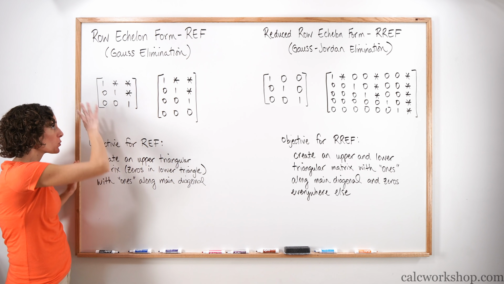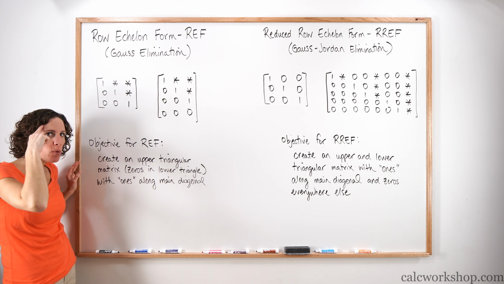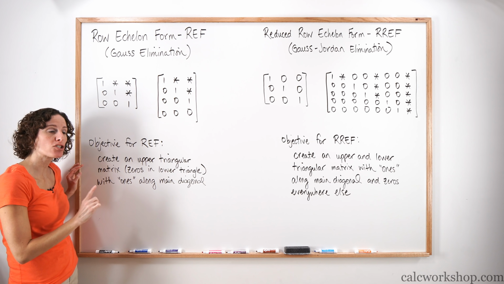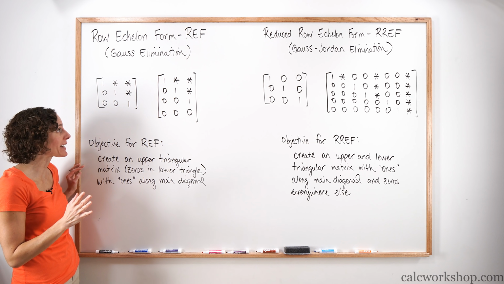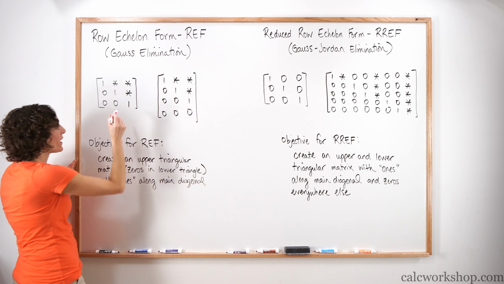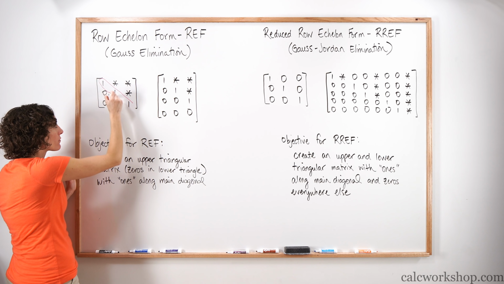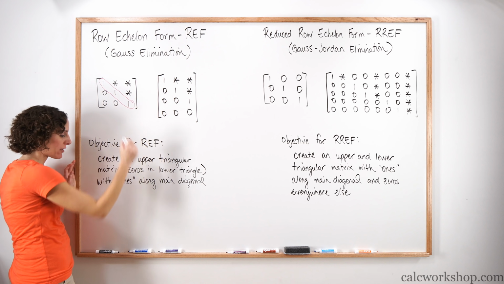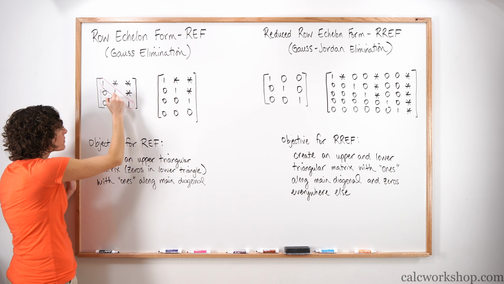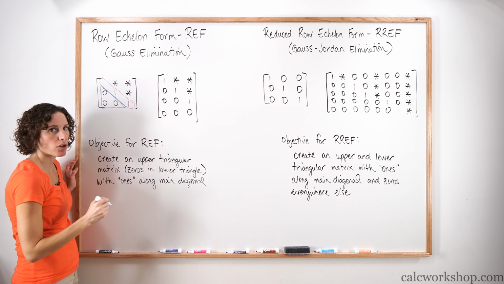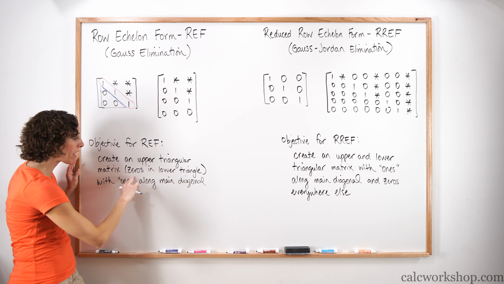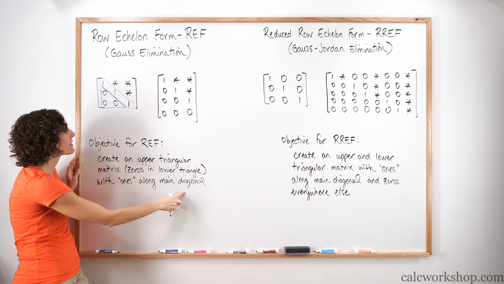Here's the idea. We're going to take a system, and we know we like the identity matrix. That's our main guy that we like, because ones and zeros are the easiest. What we want to do, using techniques that we're going to talk about in a second, is reduce our matrix down so that we get ones along the main diagonal. If you can see that, ones going along the main diagonal, and in the lower triangle, we're creating this lower triangle of all zeros. So again, the objective is to create an upper triangle of just numbers, and the lower triangle has all zeros with ones along the main diagonal.